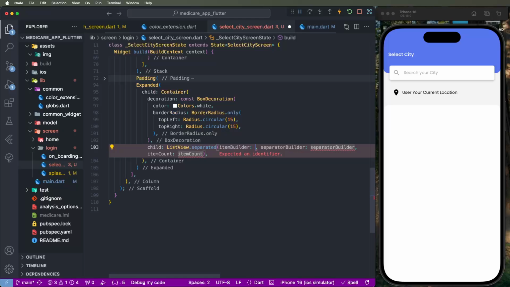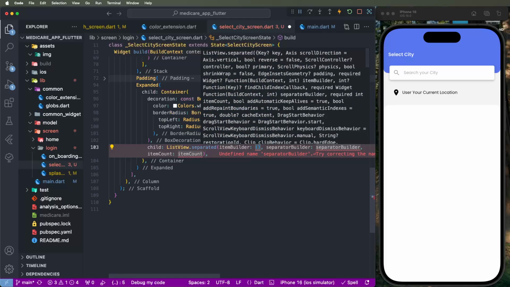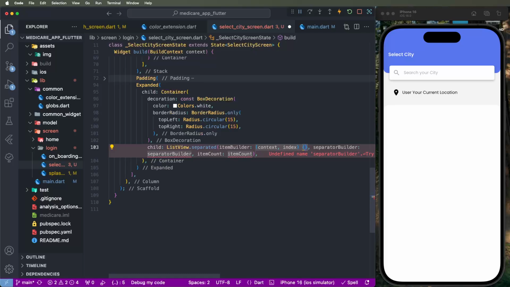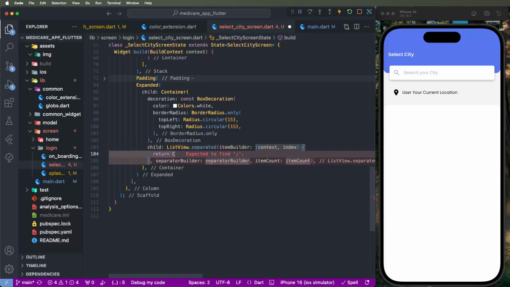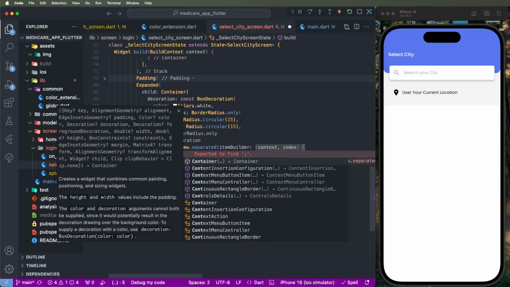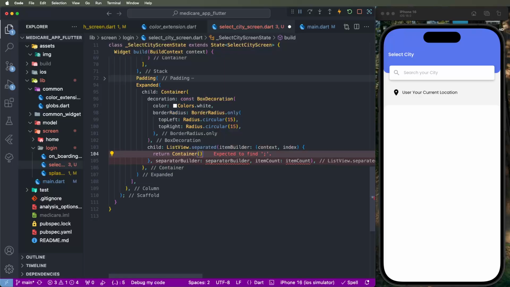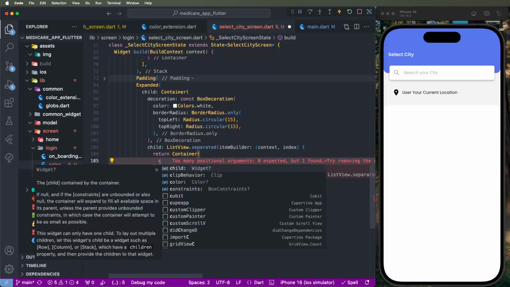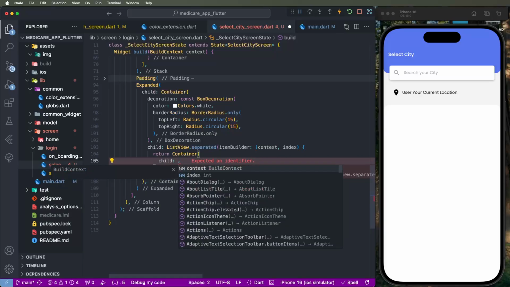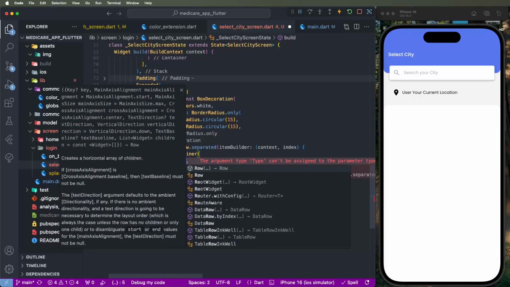Need to use the item builder, inside the context and index we need to get, and we need to return the container. Maybe we need to set the container, so prepare the container, because if you change the themes and decorations, that's why we use the container. Need to set the children, need to draw the row,